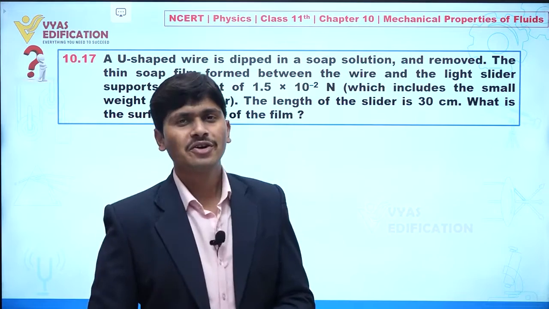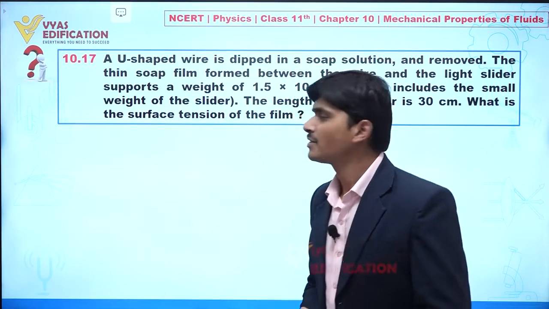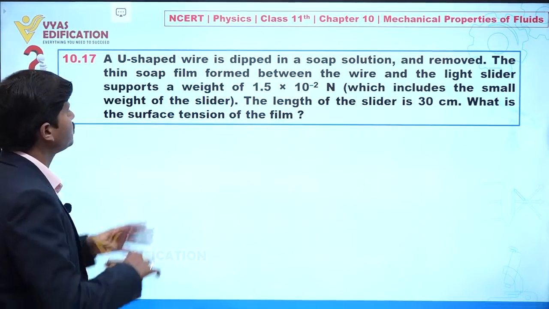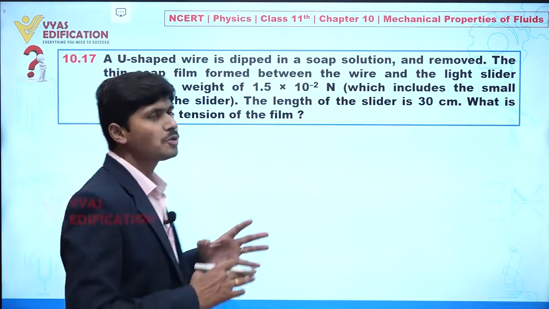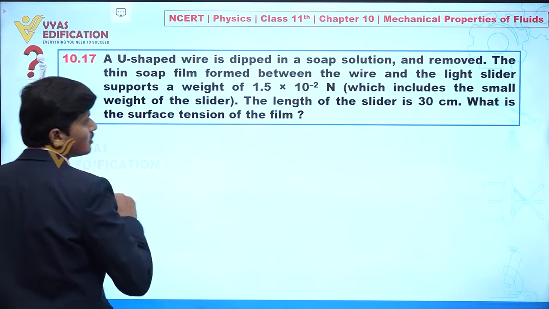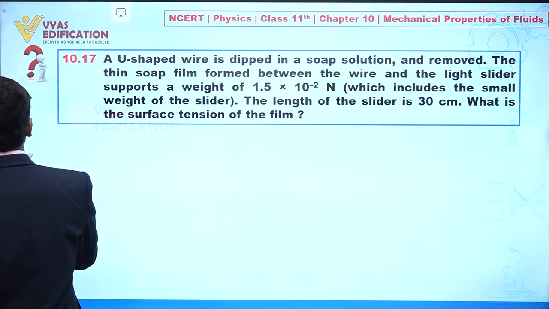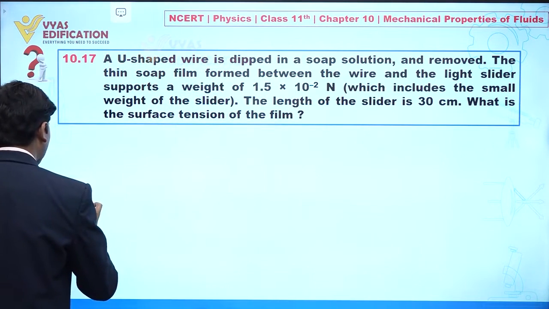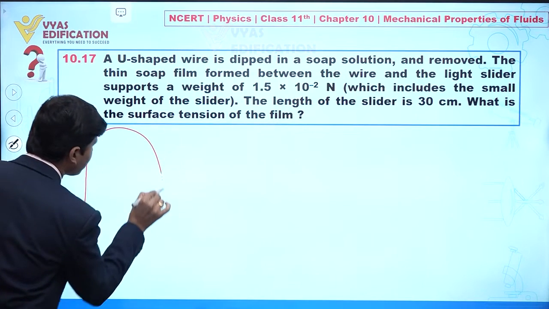Now dear student, we are going to discuss question number 10.17. In this question it is given to you, we have a U-shaped wire dipped in a soap solution, clear. So let's suppose this is a U type of wire,